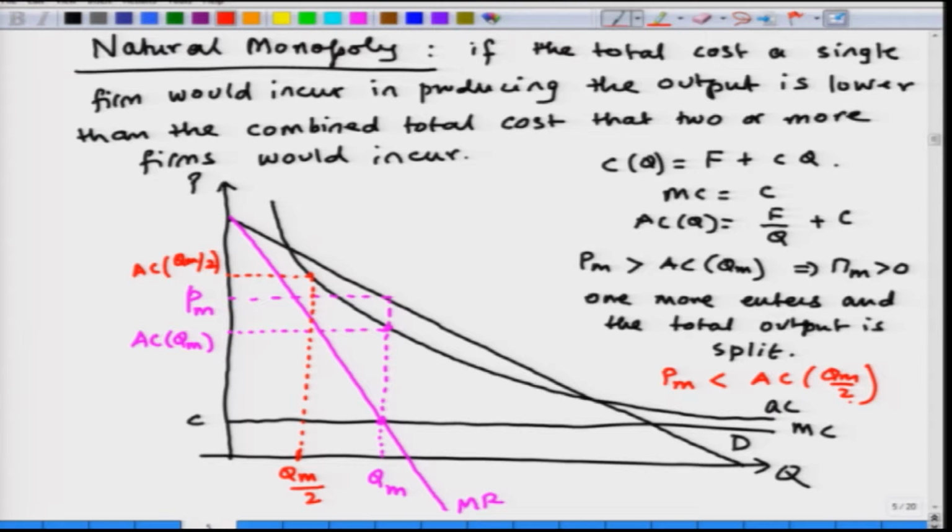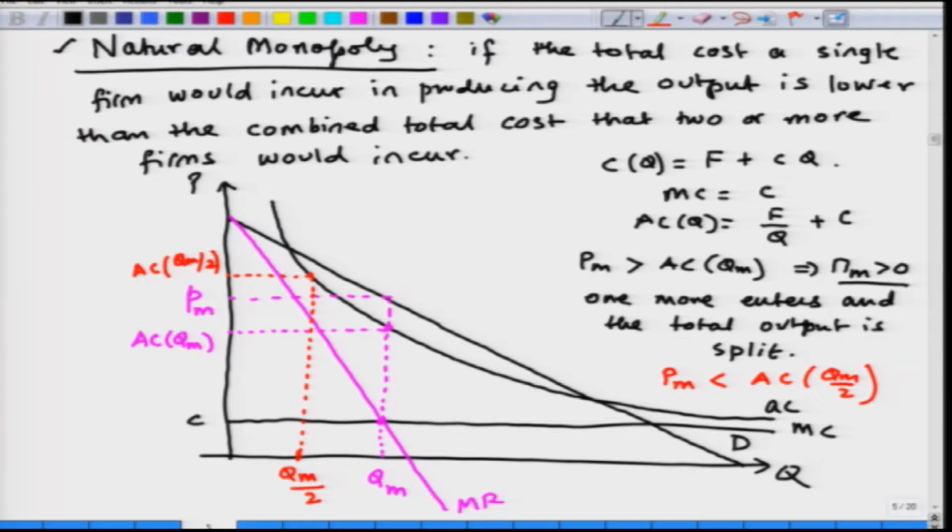So, two firms cannot profitably coexist. The main message here is that one firm can profitably exist and produce some output at a price PM, producing QM units, but the moment one more firm enters, the two firms cannot profitably coexist, right? This is what we meant when we said that the market structure is such that the total cost a single firm would incur in producing the output is lower than the combined total cost that two or more